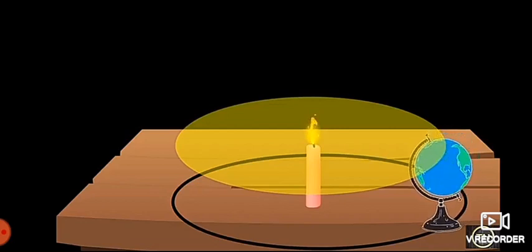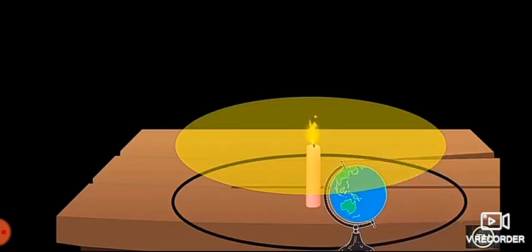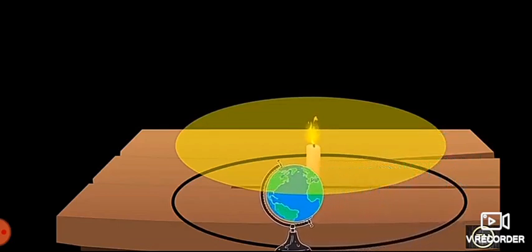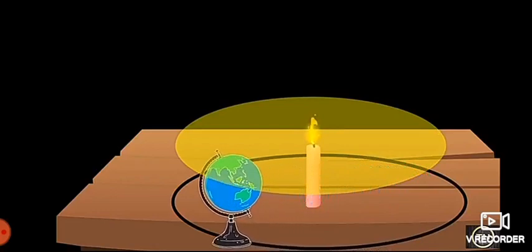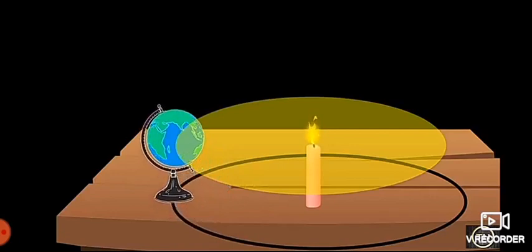So children, this is how the earth revolves around the sun even as it rotates around itself. Now you can see it's moving and at the same time the earth is also rotating. Yes or no? Now it has reached back to its earlier place. So this is how in reality the earth is moving around the sun. That means it is revolving around the sun, and when it is revolving, at the same time it is also rotating around itself.